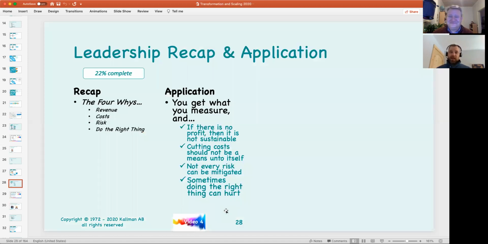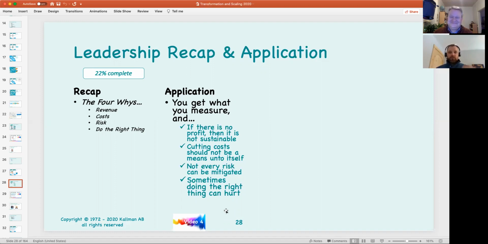So again, as a recap, when we say 4 whys, we know that we're going to be connecting back inextricably to what a leader needs to hear. When they're going to pull the trigger on a decision, a change, or a new program or new product, they're going to have at least one of these, most likely, get pulled. Are we bringing more money in? Are we reducing money that we're having to spend? Are we trying to take the edge off some of the risks that are going to be inherent to whatever work it is that we're doing? Or can we say we're doing this simply because it's the right thing to do?